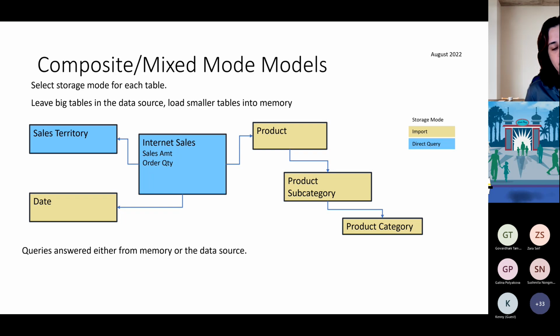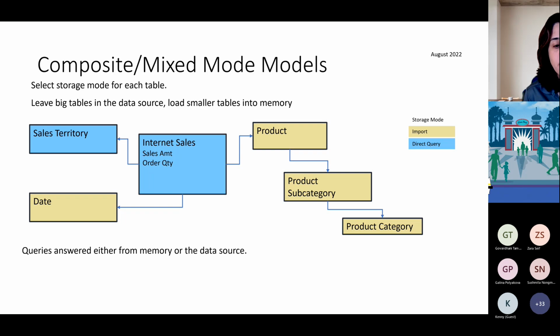The only thing you have to remember is that if you submit a query that's internet sales by sales territory, it can be completely answered by the backend, for example, SQL Server, and that's perfect. SQL Server will figure out the results and send them back to Power BI. But if you ask for the internet sales for the product category of bikes, okay, with this current setup, there's a problem, because what will happen is that SQL Server will try to parse all of internet sales and send it to Power BI, and then that filter, that where clause, with this current setup on the screen, will happen in Power BI's memory.